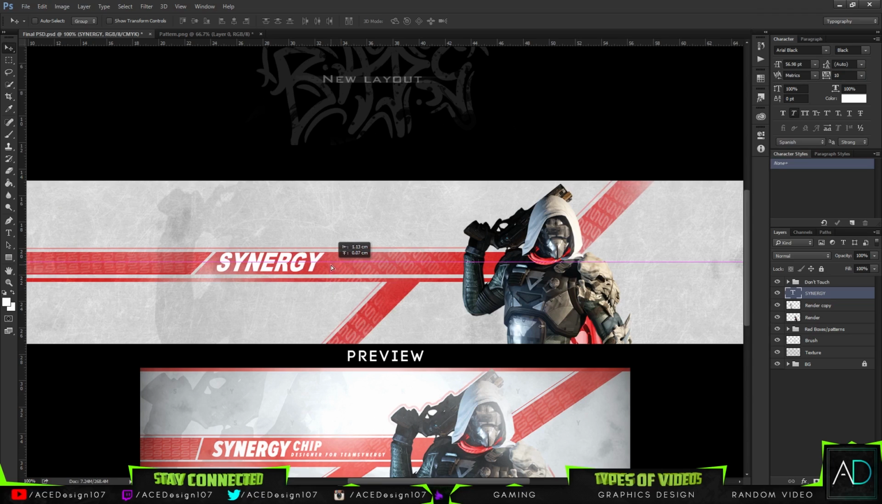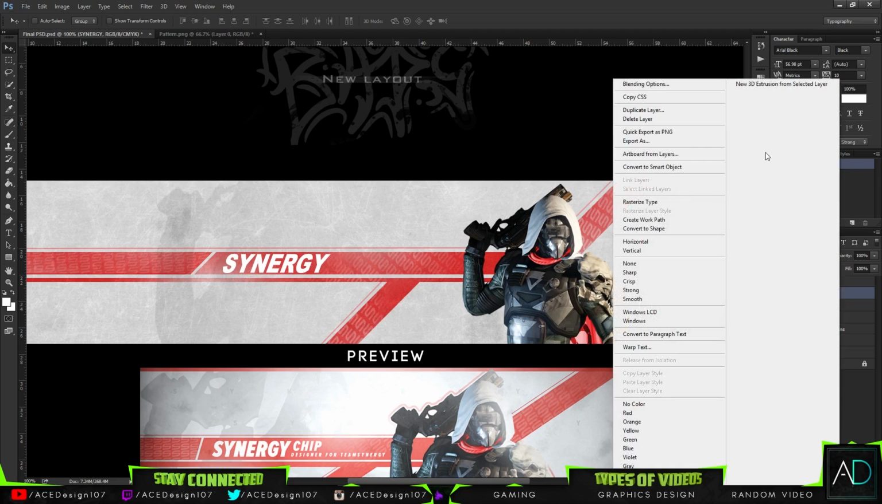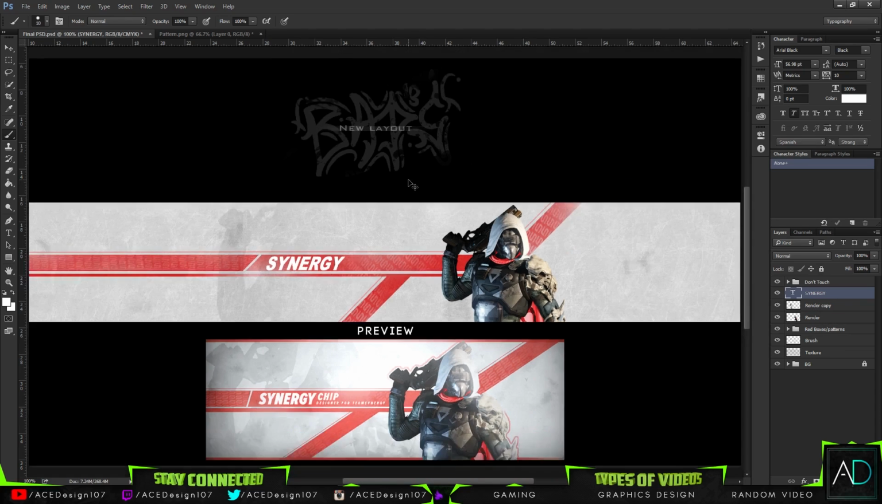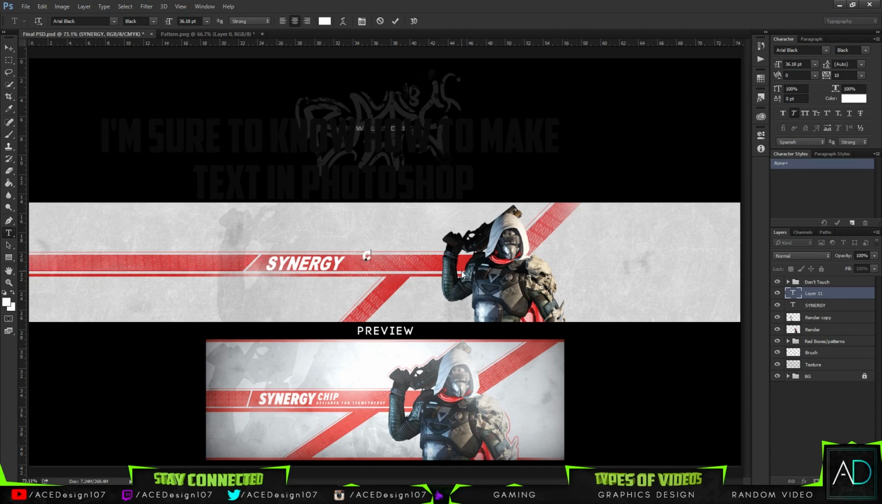And I'm also going to right click and rasterize this type, press B for my brush tool. Oh, I'm not going to rasterize it, but you should, because you can add on some lighting textures, lighting effects with it, but I guess you don't want that to happen, so I'm going to also